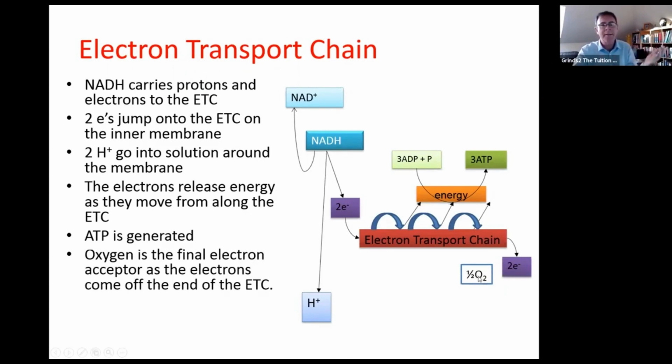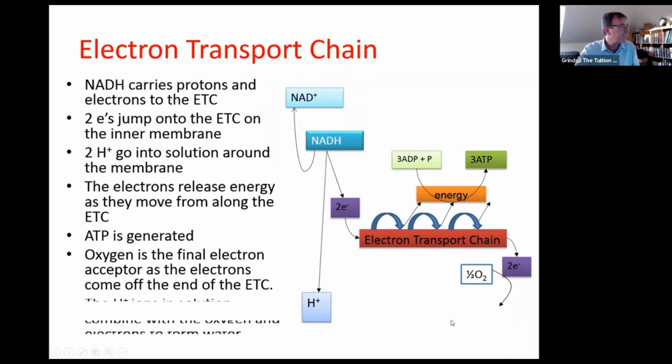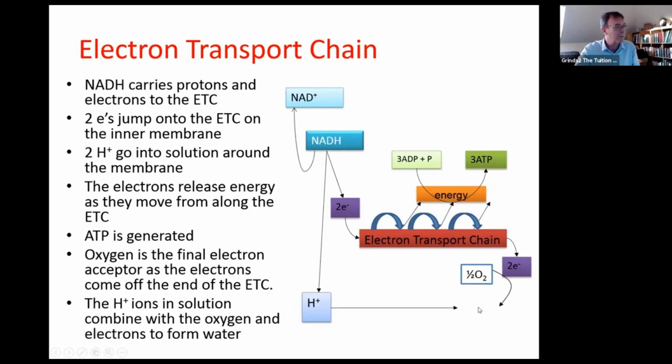Don't worry about this half oxygen molecule. There's no such thing as half an oxygen molecule. It's just that for every pair of electrons, it's half an oxygen molecule's worth of oxygen. And the other thing is that it combines with these hydrogen ions. So these hydrogen ions combine with the oxygen and the electrons to form the other waste product of